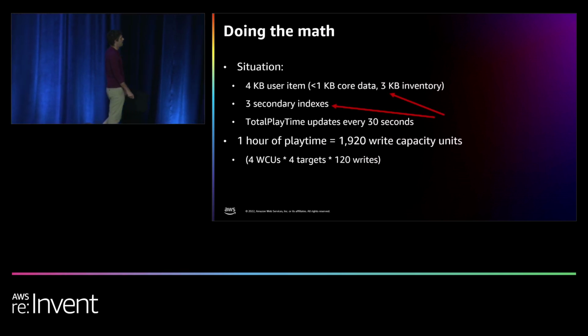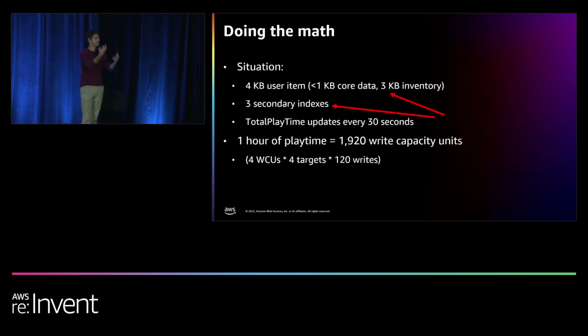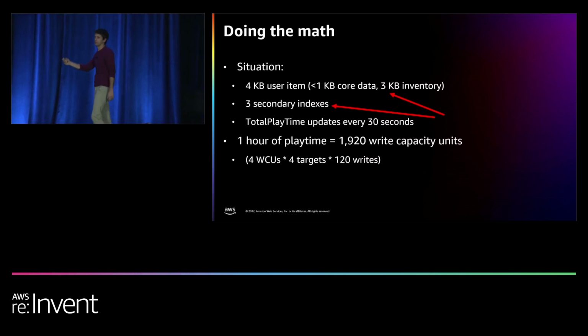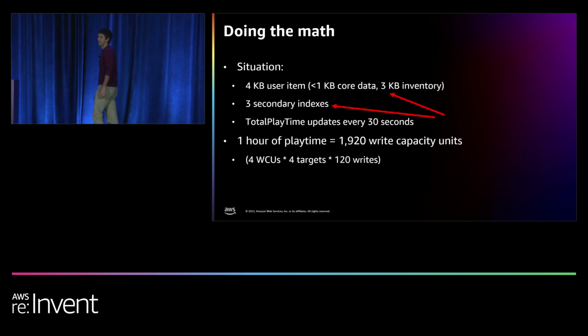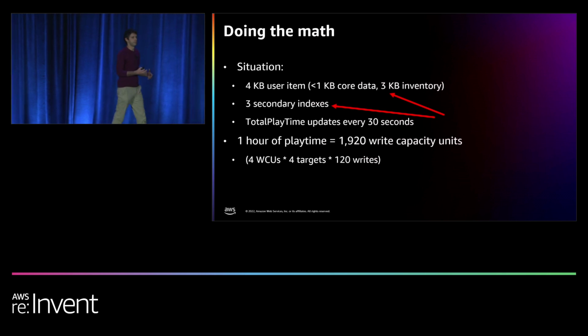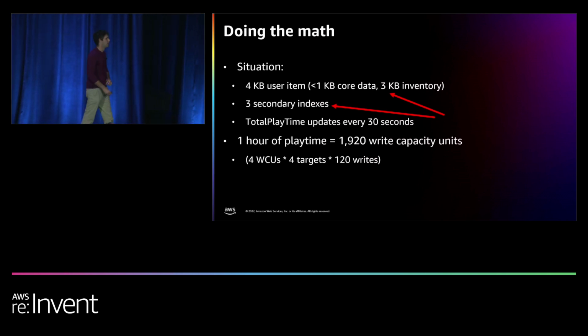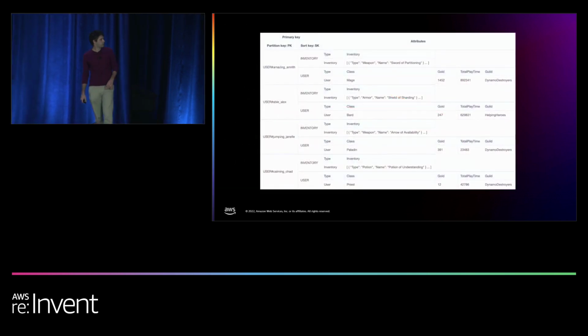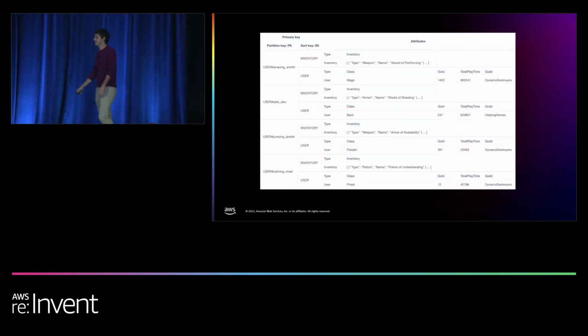If you look at that, the 2 big culprits here are we have this 3 kilobyte inventory item that's not changing, but we have to rewrite it every time we increment our total play time. And it's also getting replicated to 3 secondary indexes when those secondary indexes probably don't need to know about the inventory for the user, right? We only need the inventory for the user when we're fetching the user to load up the game or something like that. So what we could do is use more of a single table design model and do